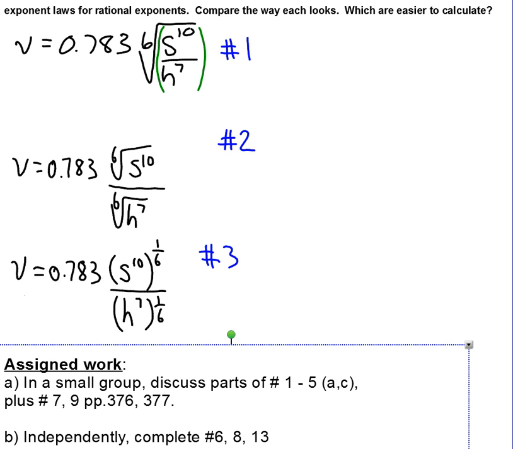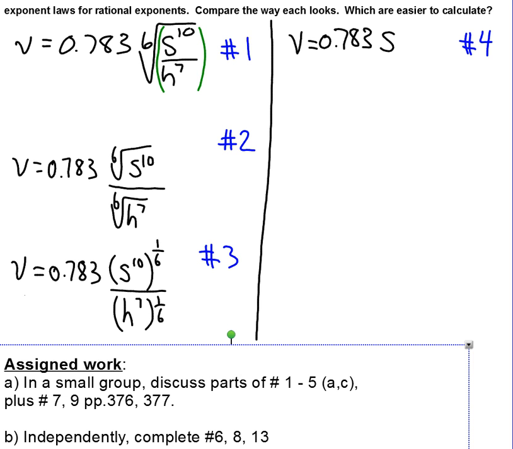Okay. From there, I think it'd be natural to look at the 4th version here, saying, well, okay, that means that my land speed could be 0.783 multiplied by s to the power of, which would require me to multiply my exponents, and I would get 10/6 and 7/6. Probably at this point kind of running out of options unless I want to maybe take